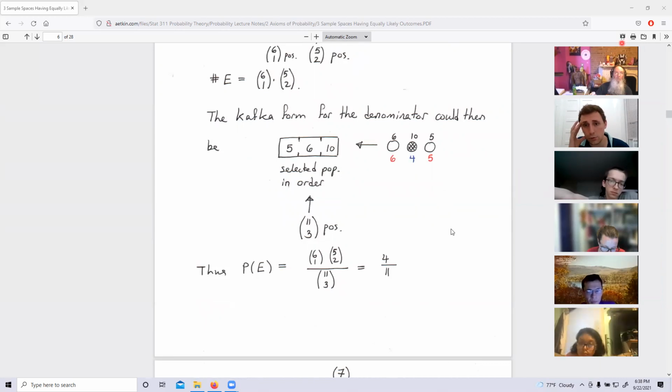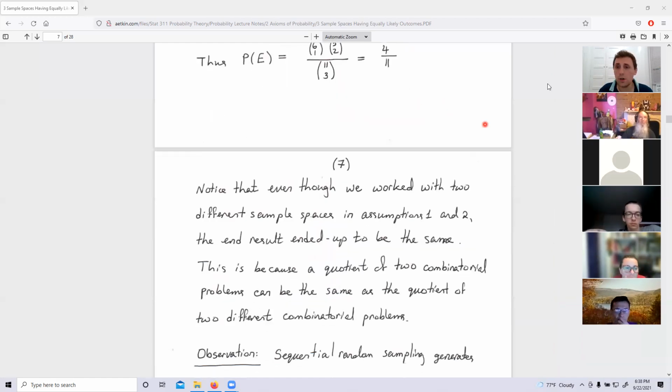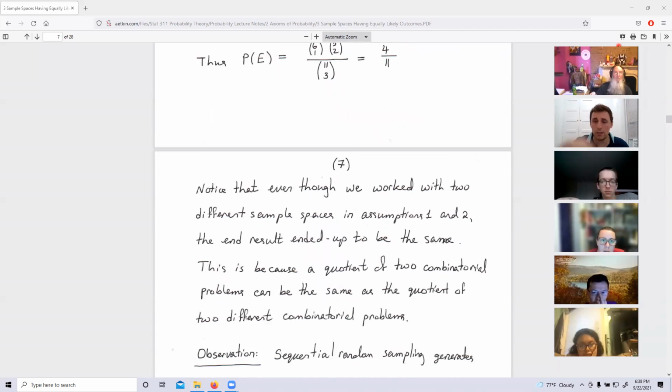You agree, guys, that we solved 2 different problems. We solved them with 2 different assumptions and the solutions are the same. Why is that? They are not modeling the same process. Yes. Why is that? Now, the reason is, of course, guys, that we're using quotients, right? We're using quotient, numerator divided by denominator, and quotients of 2 different problems can produce the same result. You understand? So when I carry probability questions, I can often switch from one setup to another setup without affecting the final outcome.